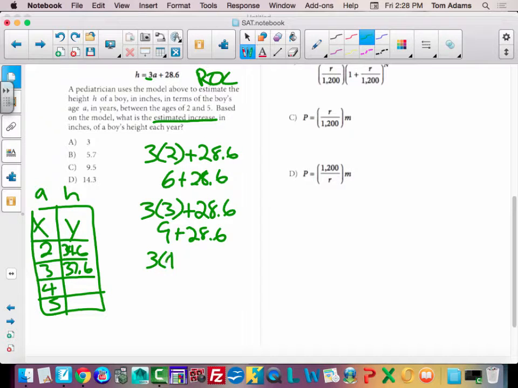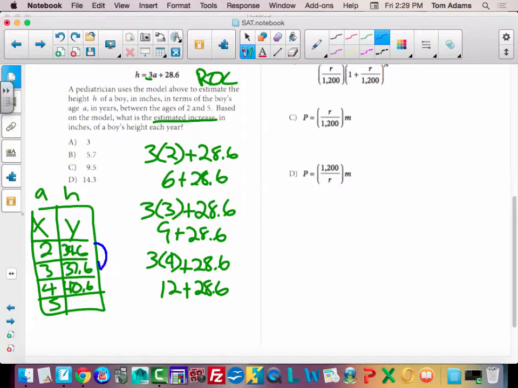And I will do one more. 3 times 4 plus 28.6. And so we get 12 plus 28.6. And that's 40.6, right? Yeah. And you should see the pattern emerge,